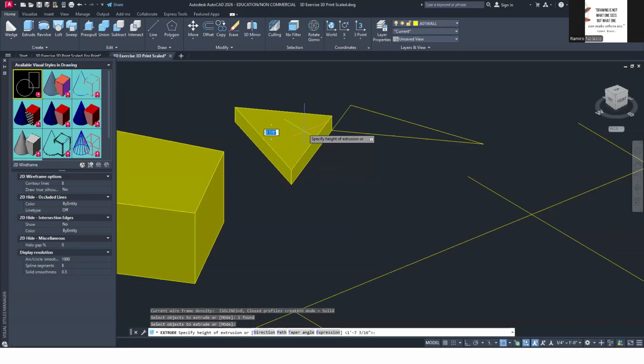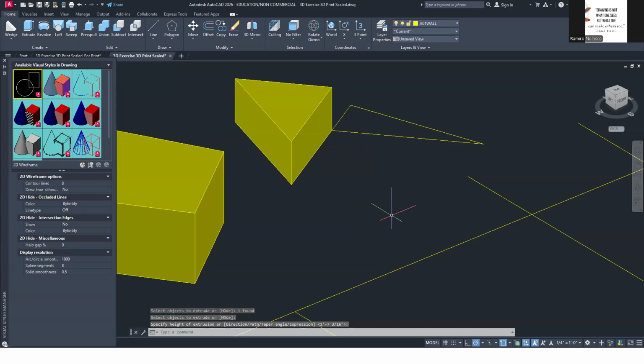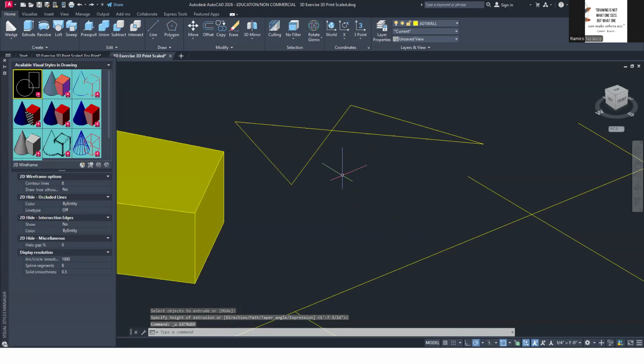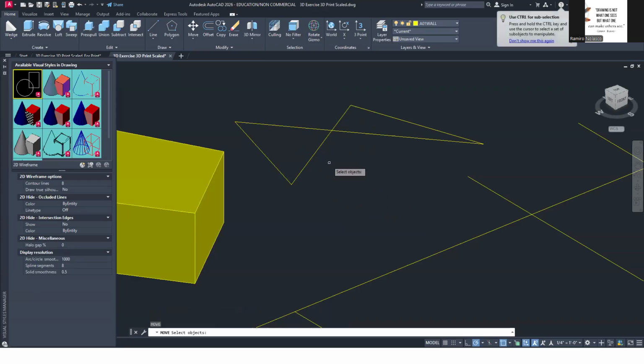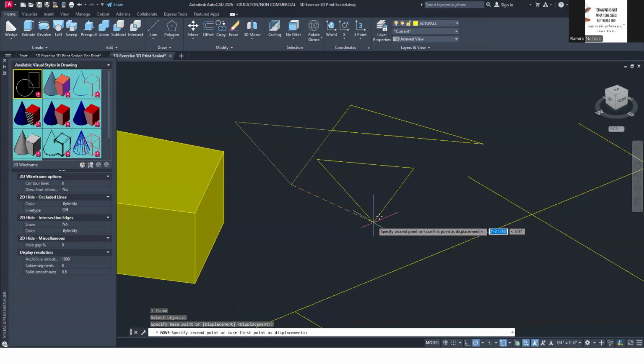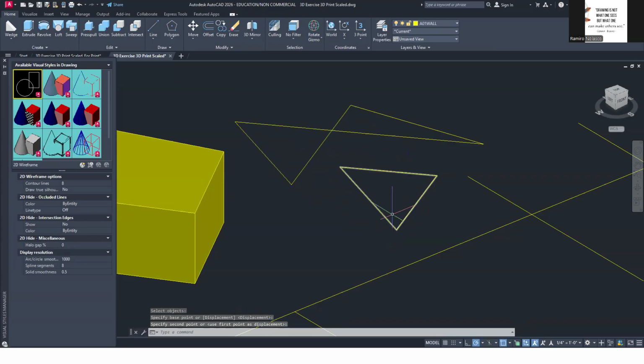I can extrude that like so. If I move the last object that I've created, L, that's the boundary polyline, then you see that it created a triangle for me. So if there's a closed area, you can create a boundary polyline. It creates a polyline using that as a boundary.